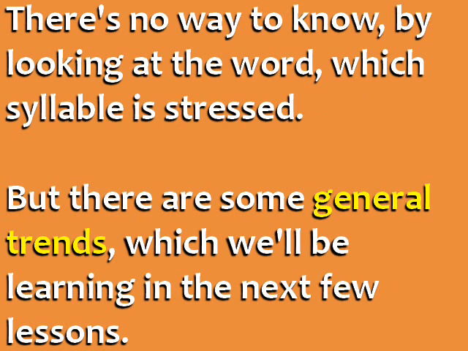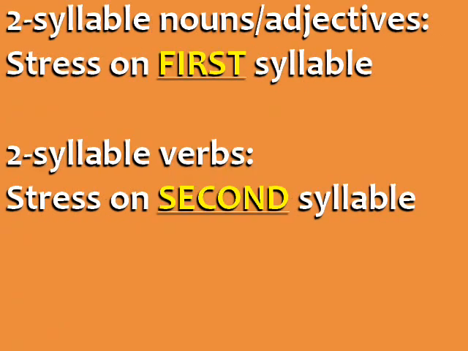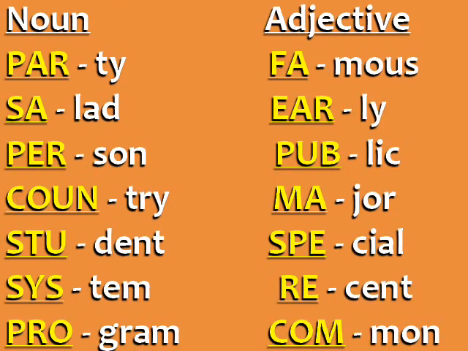Unfortunately, there is no way to know from simply looking at the written form of the word which syllable is stressed. You need to listen to it or look it up in the dictionary. But there are some general trends which we'll be learning in the next few lessons. One of them is that two-syllable nouns and adjectives tend to have the stress on the first syllable, and two-syllable verbs tend to have the stress on the second syllable. Practice these examples. Party,